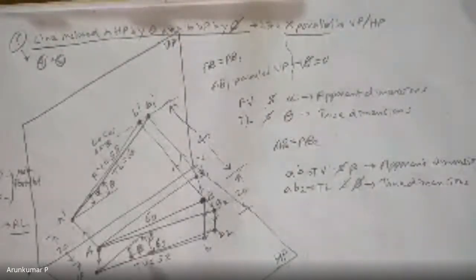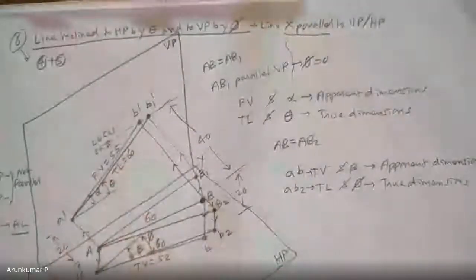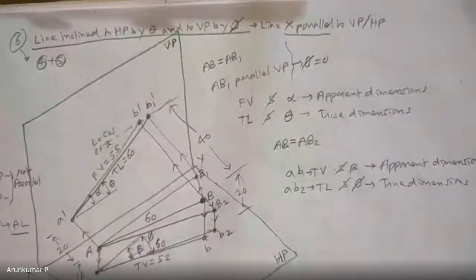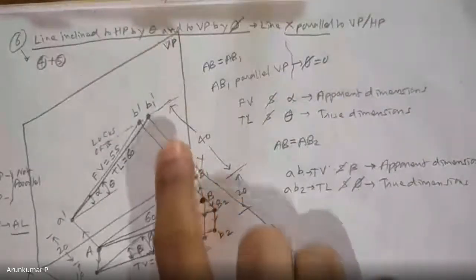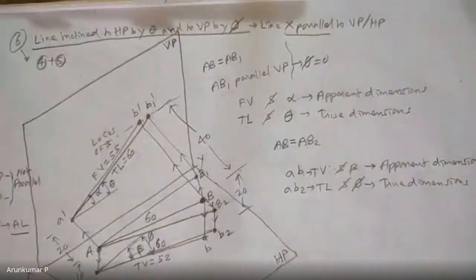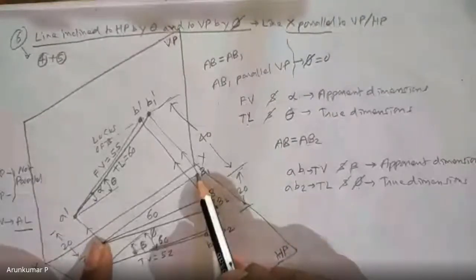A line which is not parallel, if you directly project it, you will get the apparent length. Like in this case, you projected the line AB, you got 55 mm apparent length, which is less than 60 mm. So this is the second thing. Third thing, if I want to get the true length of this line on a plane, what I should do? I should rotate and then project.